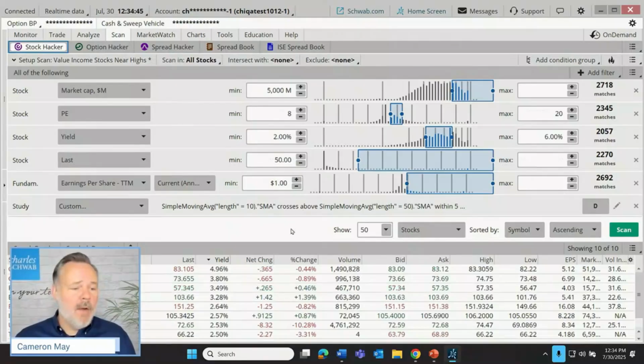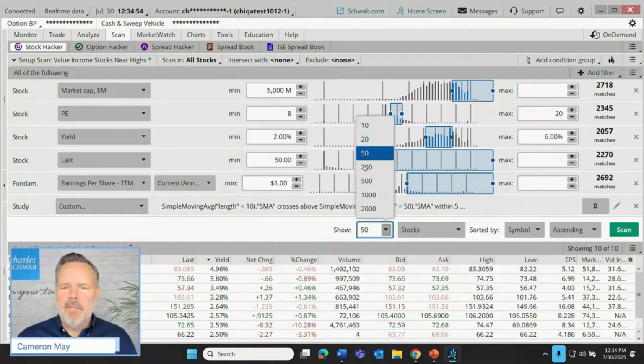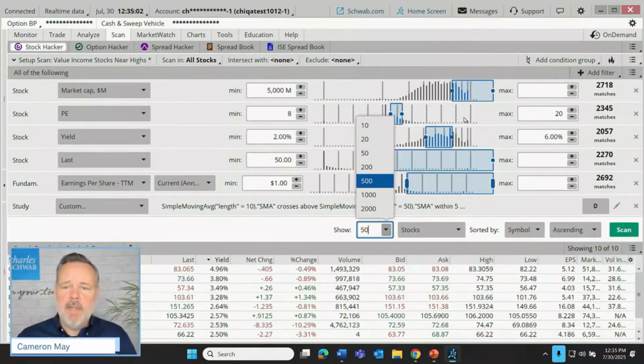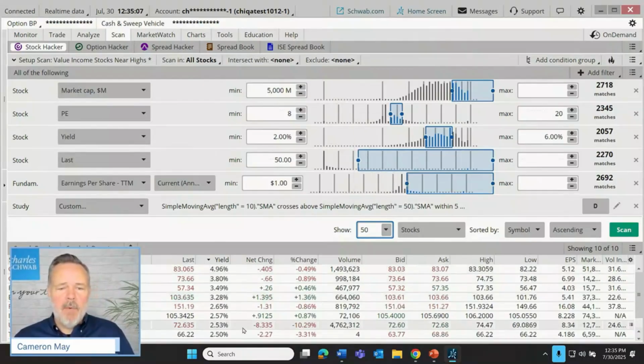So we're getting well acquainted with the tool. Let's just look at a few other things that we can do here. We can show, rather than 50, we can show 200 in a list. We can show 500, 1,000. Obviously, if we have lots of results, we're not narrowing down the field very much. Maybe the trader wants to be a little bit more demanding of their criteria up here. I'm going to leave that at 50, but we could display more than 50 down below.